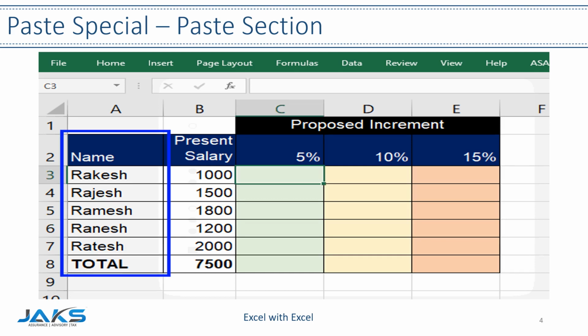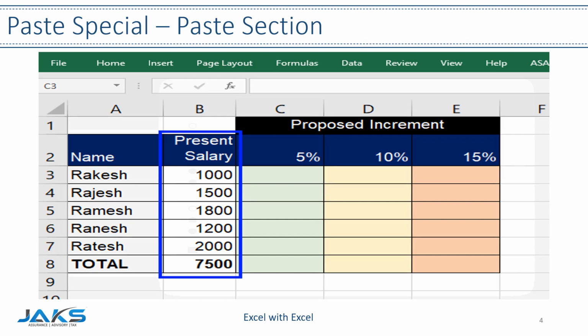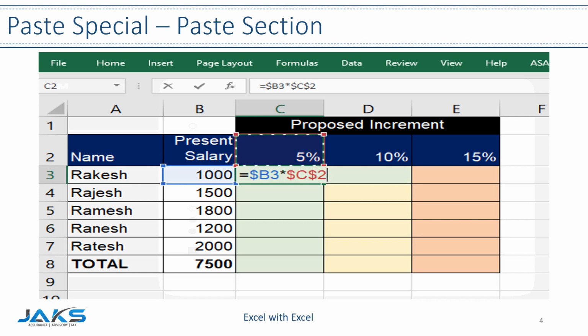In the given example, we have names of employees of a company in column A and their present salary details in column B. At the year end, the company is planning to give an increment to their employees and wants to find out what will be the extra cost under 3 scenarios. For that, we are assigned the work to calculate it and present it in a proper manner for easy understanding. Let's enter the formula in cell C3 and press Enter to get the desired result. We enter the formula in C3 with proper cell referencing techniques and we get the correct answer.